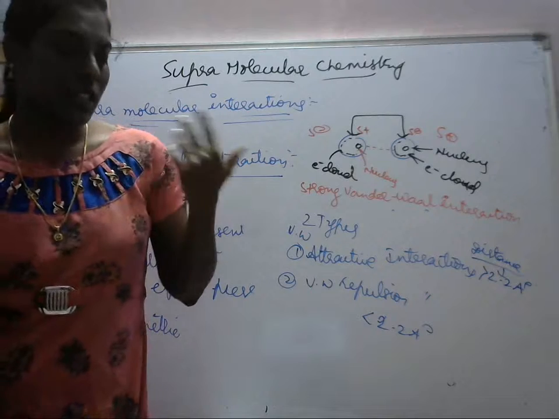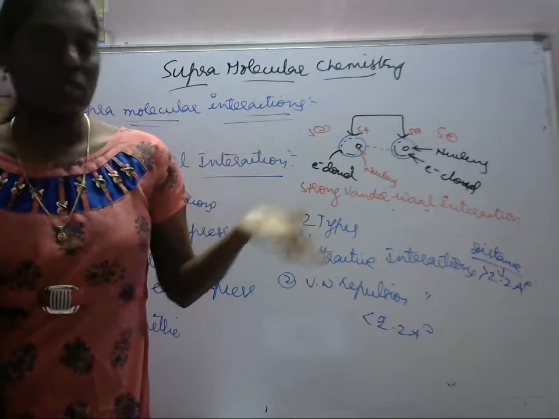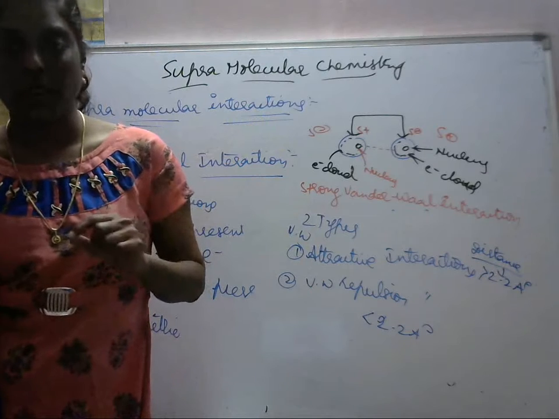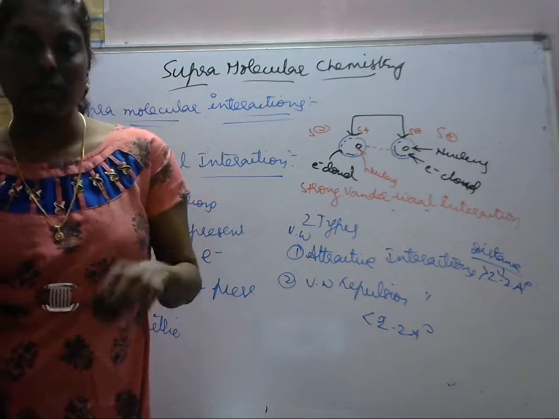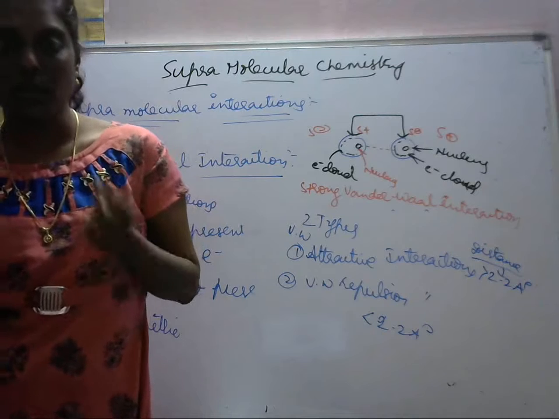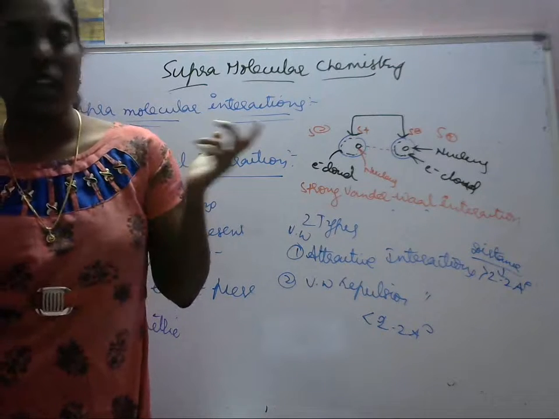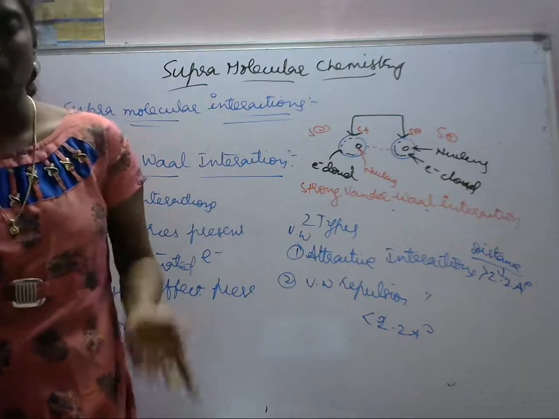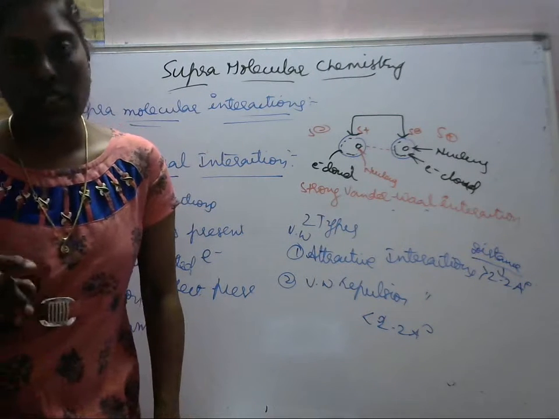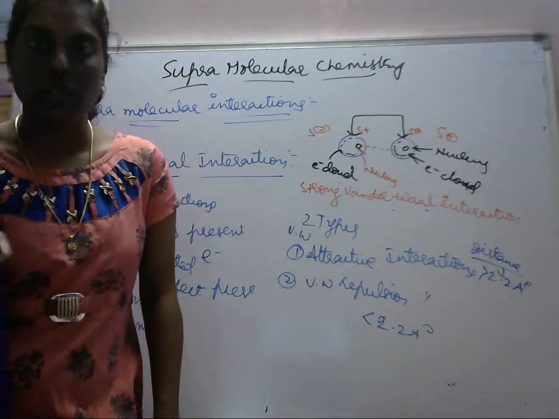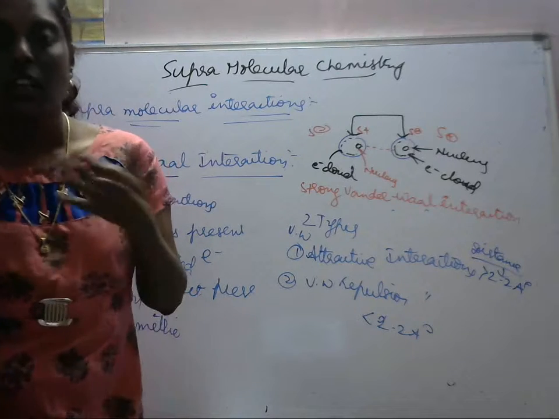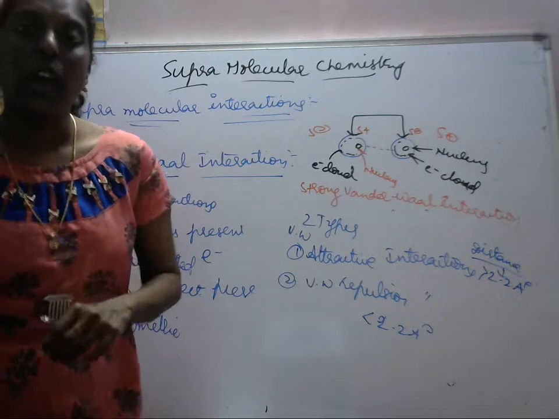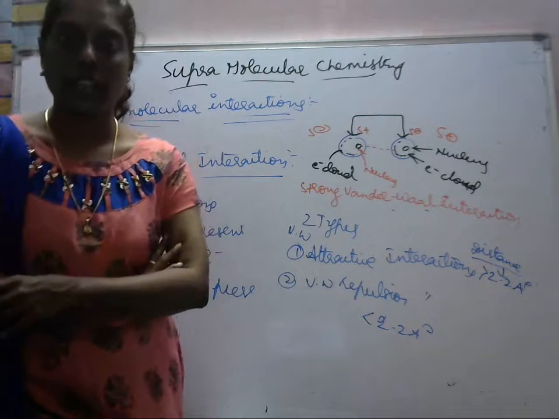So we have seen that if it is an aromatic group, which has a pi electron system, the interaction between the pi system and a cation, I explained with K plus, is called pi to cation interaction. And if it is an interaction between the aromatic system and a nucleophile, it is called pi to anion interaction.